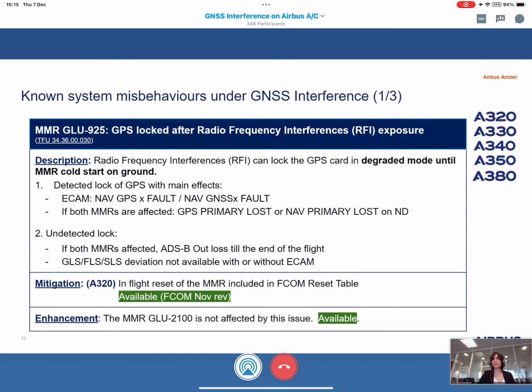Please note there is currently a study to maybe include a cockpit circuit breaker in the A380 family. Depending on the study outputs, it could be considered for other aircraft types. For this issue, we have an enhancement of the MMR, the new GLU 2100, which is not affected by this issue and is currently available.